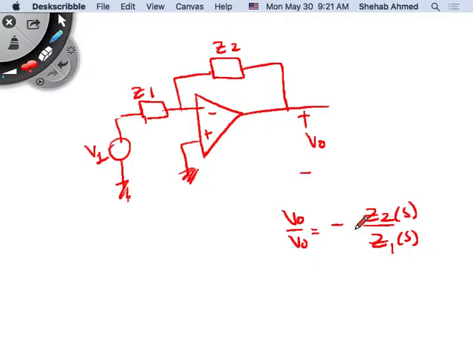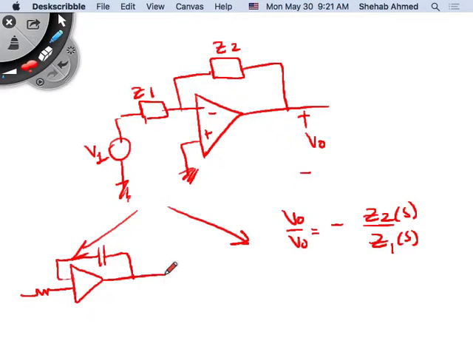That was where we started on both cases, right? It's just that one of them happened to have Z2 for the integrator. For the integrator, we happen to have a resistor here, and then a capacitor in the feedback, right? For the differentiator, we happen to have the capacitor here and the resistor in the feedback,